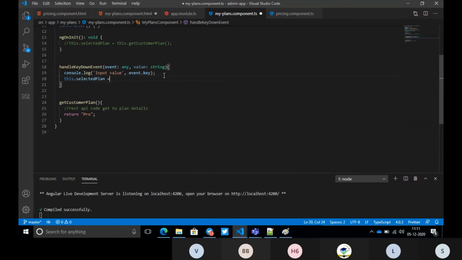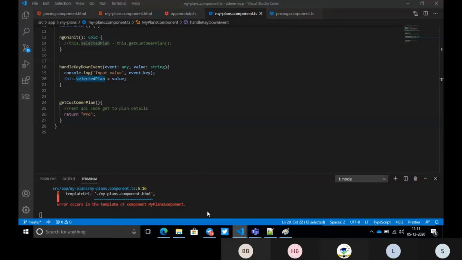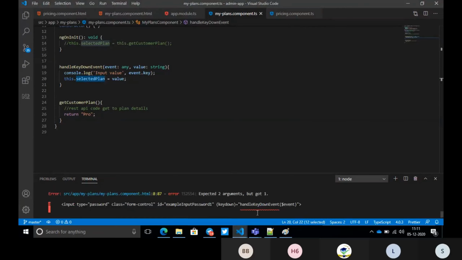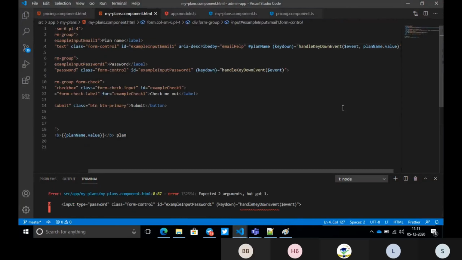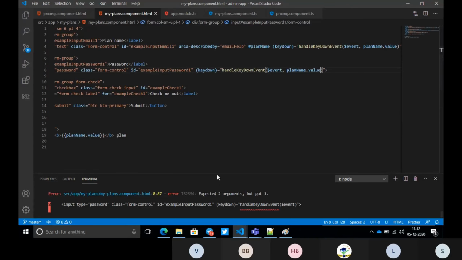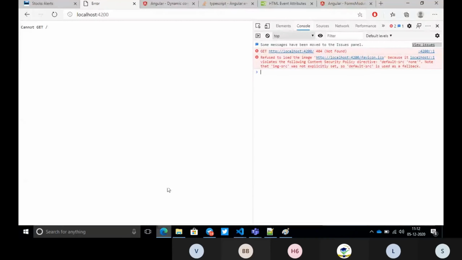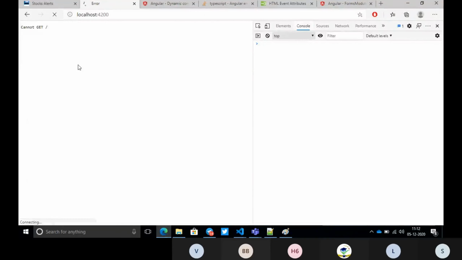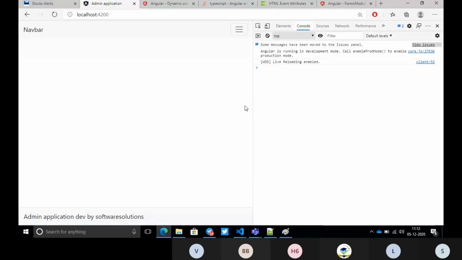This dot selected plan is equal to value. Okay, now our application is up.